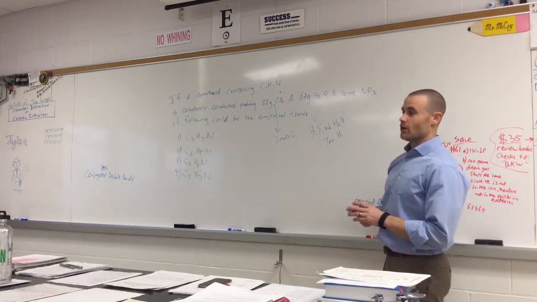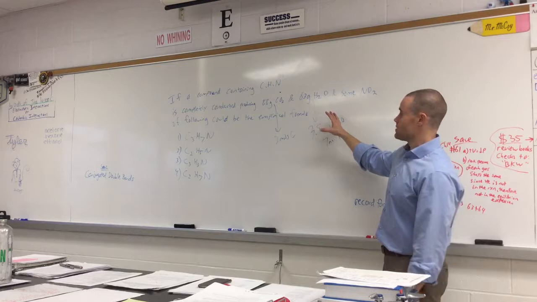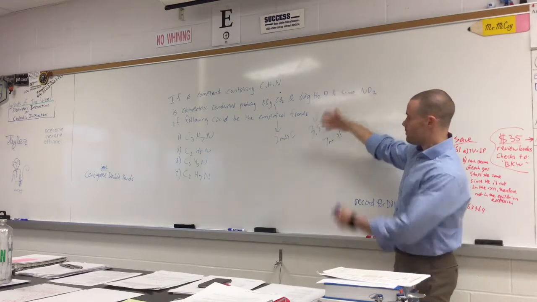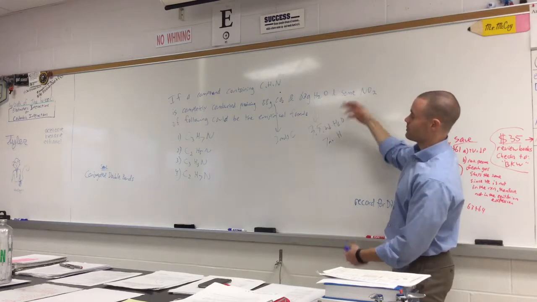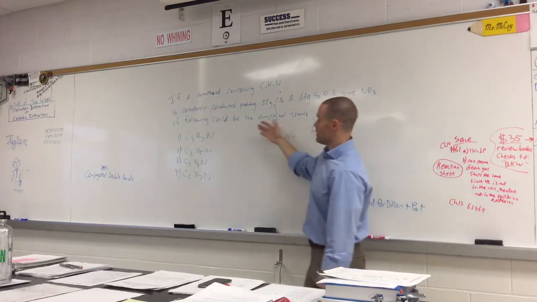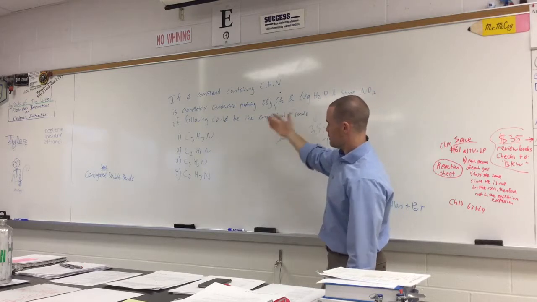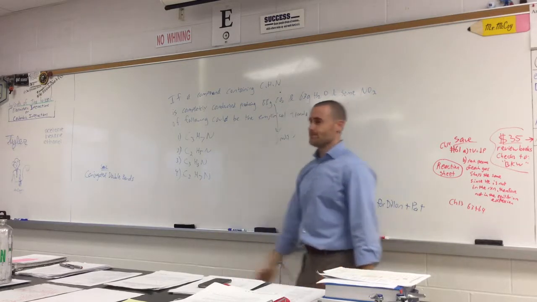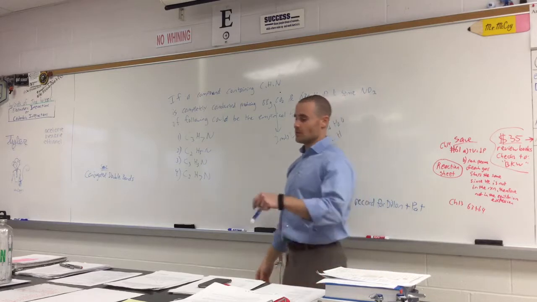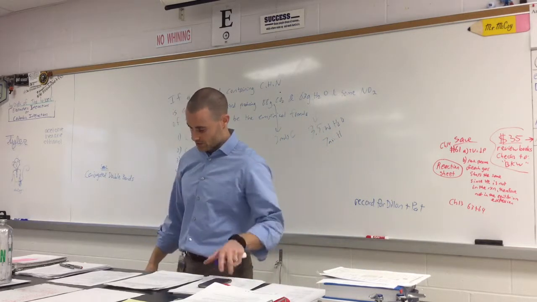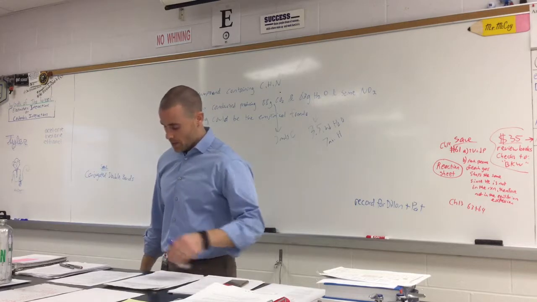So for empirical determination, remember you find the moles, then divide by the lowest number. But in this problem, they don't give you enough information to actually do the full problem. So in a multiple choice, you would say, oh, well, I know there's 2 and 7. The only one that makes sense is that. Okay, any other specific questions before I move on? All right. Well, that was a good question.